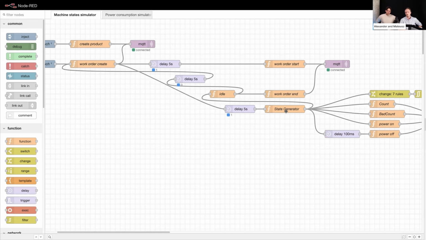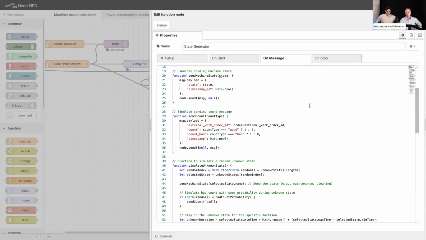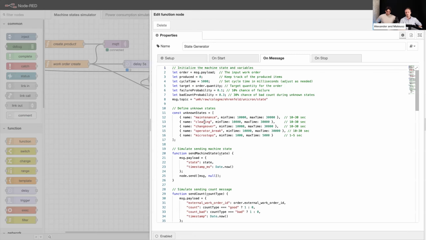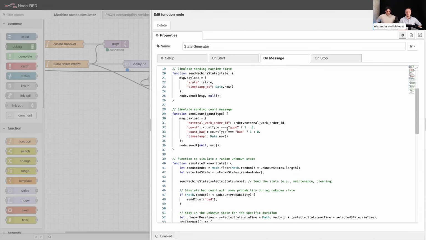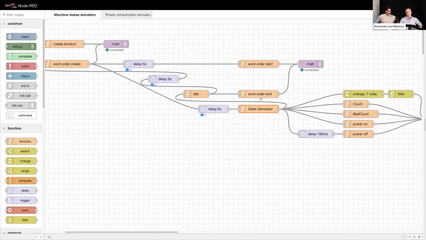Then in the meanwhile, the state generator creates different machine states with a specific probability to it. So we're talking about maintenance, cleaning, changeover, and so on. So the usual suspects. And then creating specific payloads with the machine states over here. And then after some time, closing the orders